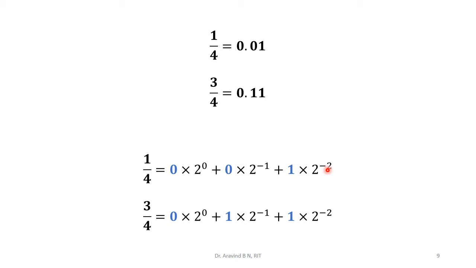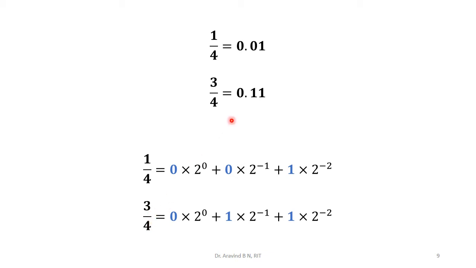So if we combine all this together, we are going to have the representation 1 divided by 2 to the power of 4. So these two values are equal to 0. What is remaining? 1 into 2 to the power of -2, which we can realize as 1 divided by 2 to the power of 2. That will be equal to 1 by 4. So similar realization here we are going to have for 3 divided by 4.